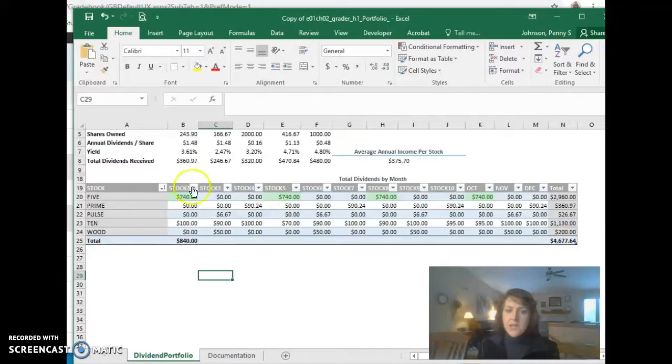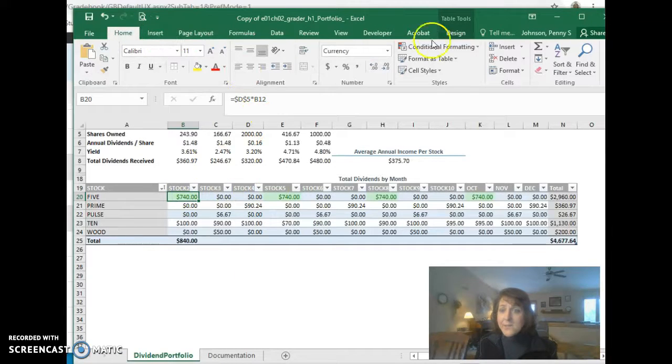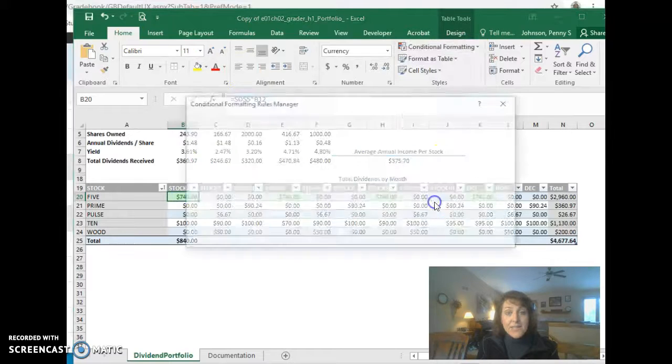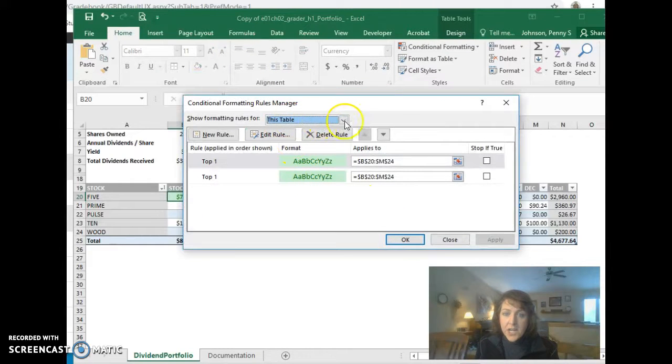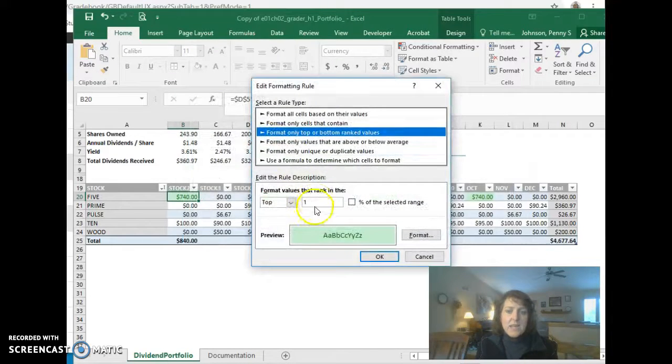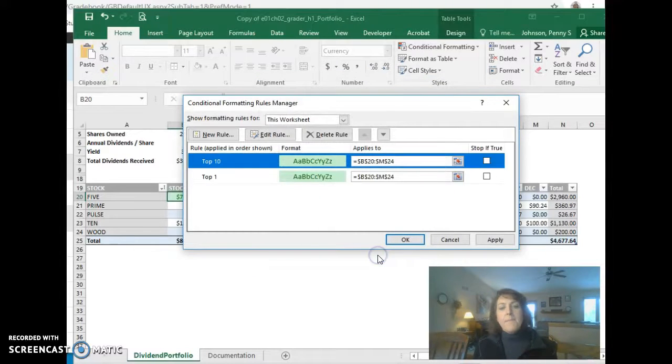So I'm going to hop over to your Excel sheet. From the Home tab, I'm going to click Conditional Formatting, Manage Rules. And then I want you to change it. So the rules you'll see depends on where your mouse is when you start the command. So change that to be this worksheet. I want to see all the rules for the whole worksheet. And then we can see you have 2 of them. They're both set to top 1. You need to edit them to be top 10, right? That's what it said, top 10. Make all of those